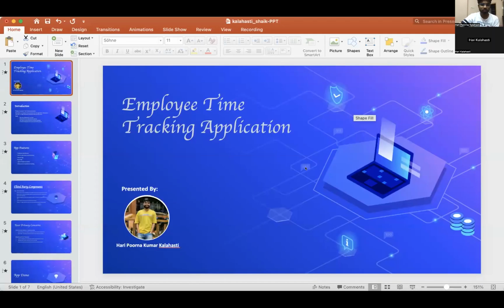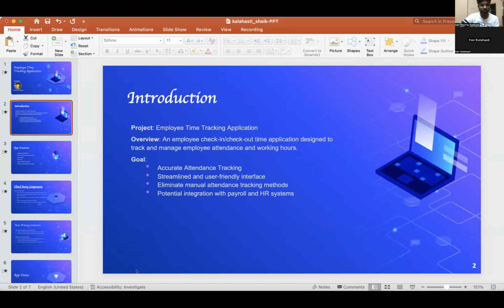Hi everyone. I'm working on a mobile application called Employee Time Tracking application. This application is used to streamline and automate the process of tracking employee attendance and also their working hours. It provides a user-friendly interface for employees where they can log